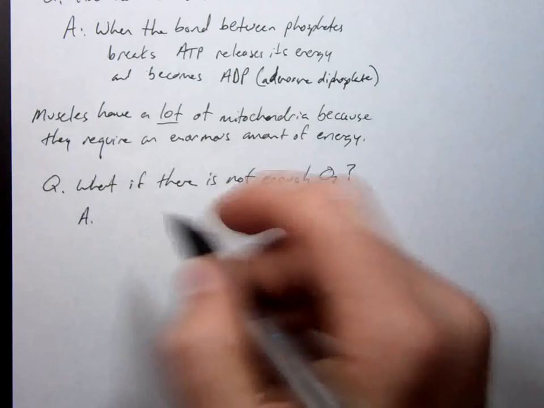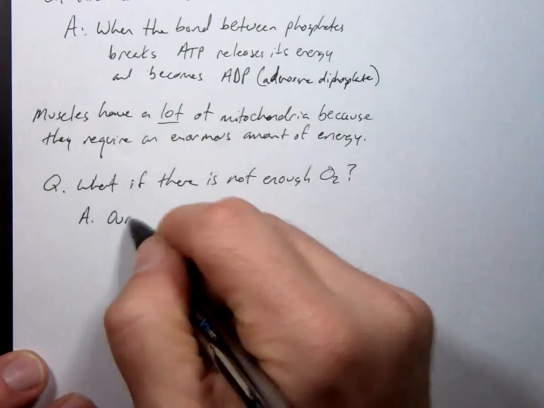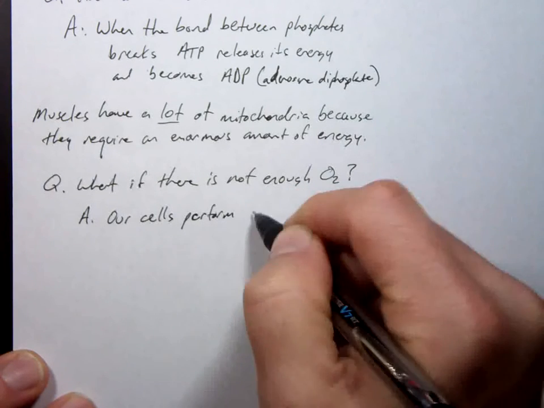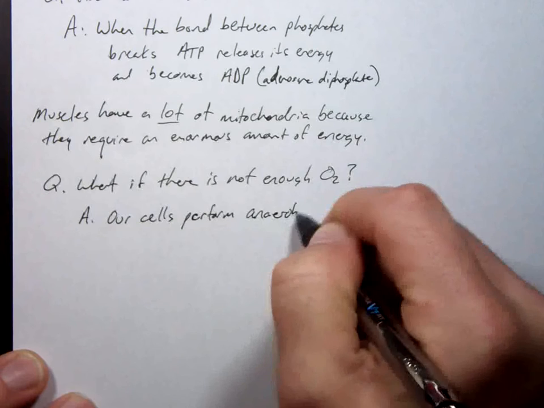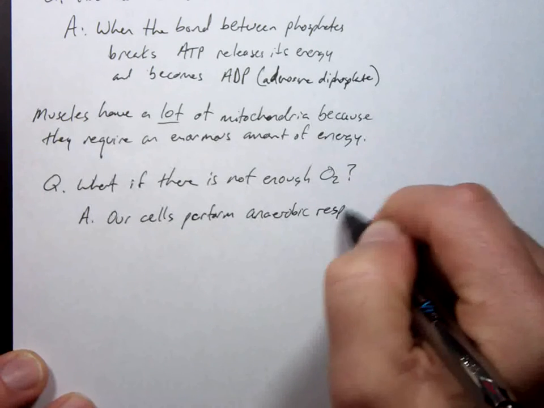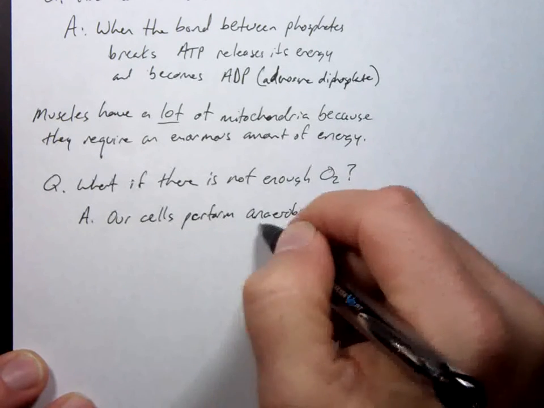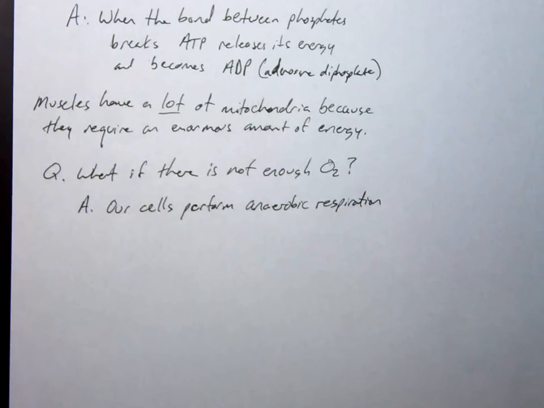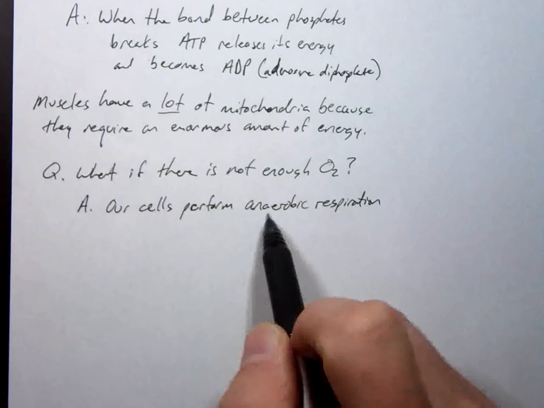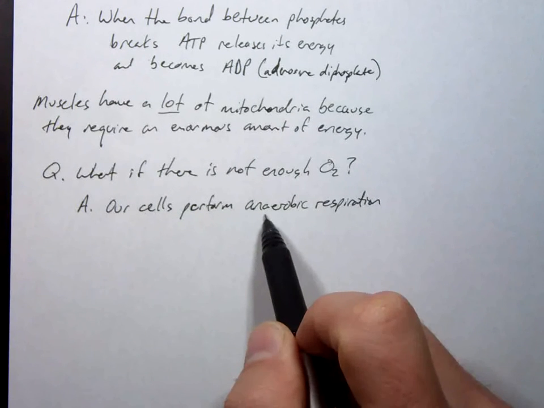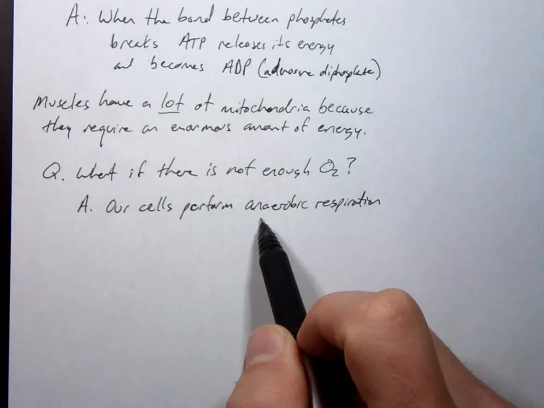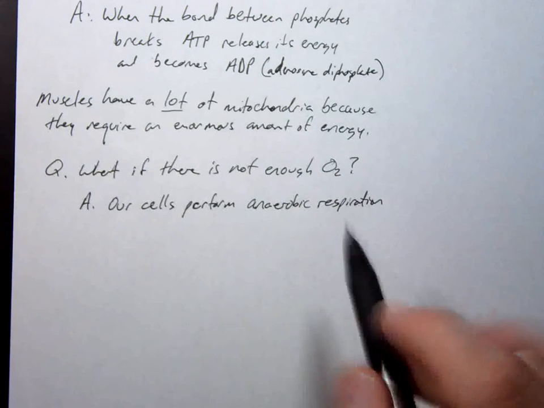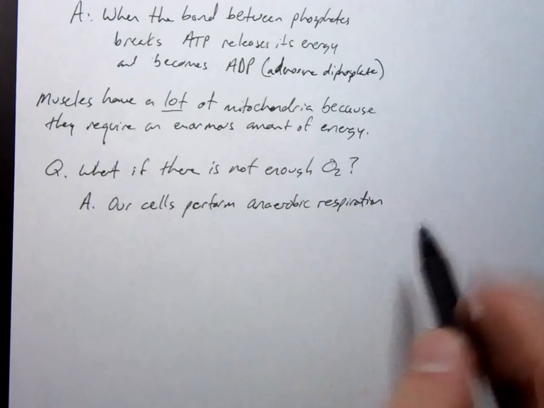Yes. Then our cells perform anaerobic respiration. That prefix "an" means without. It's the same thing as the prefix "a," you'd use "an" if the next letter is a vowel, anaerobic, and things like that, but "a" if it's not, like abiotic, without life. So this is saying anaerobic, without oxygen.